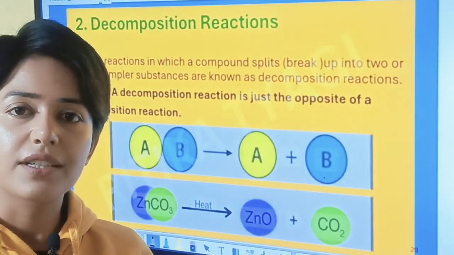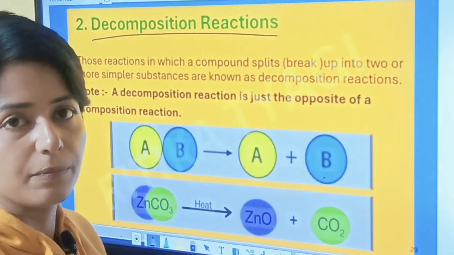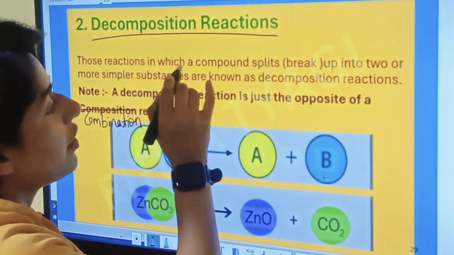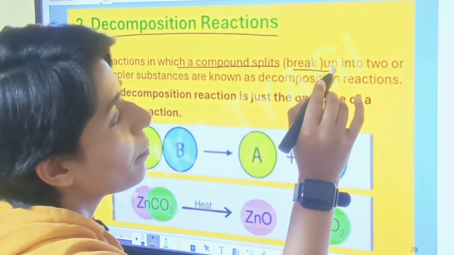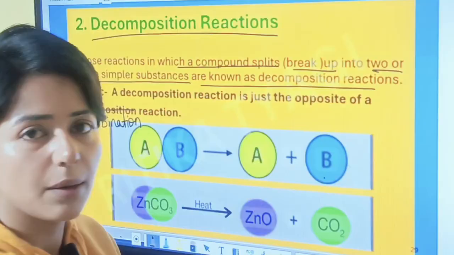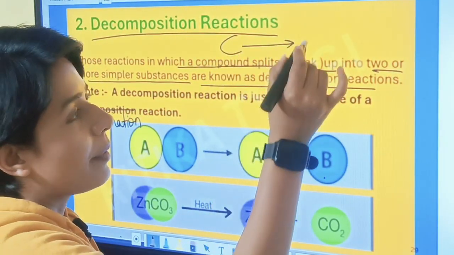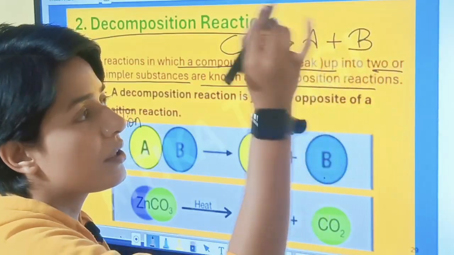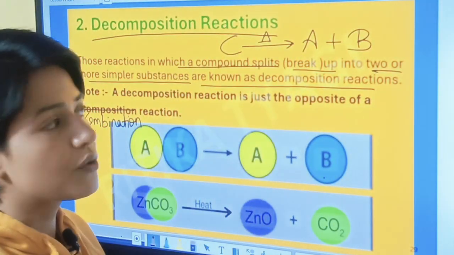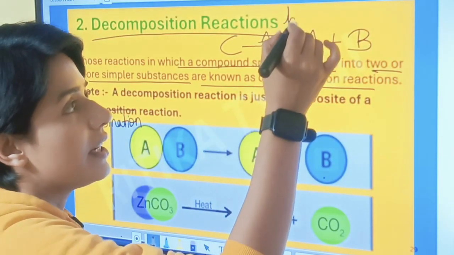So now we are going to discuss the second type of chemical reaction, that is decomposition reaction. What are decomposition reactions? Those reactions in which a compound splits or breaks up into 2 or more simpler substances are known as decomposition reactions. Means here a single substance breaks down to form 2 or more simple products. Here for breaking this substance we have to supply some type of energy, either heat,